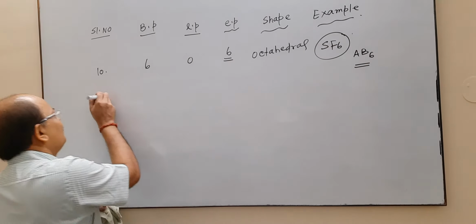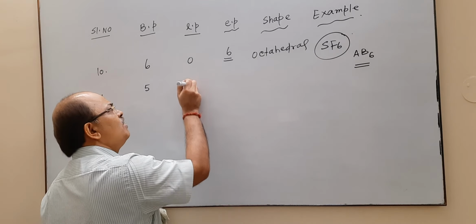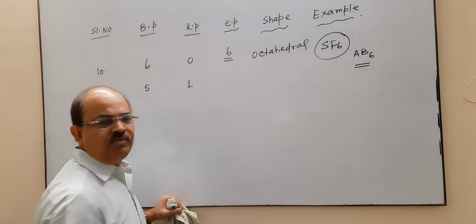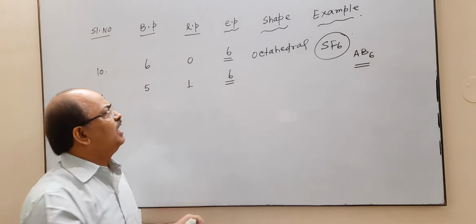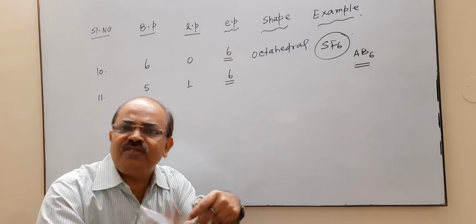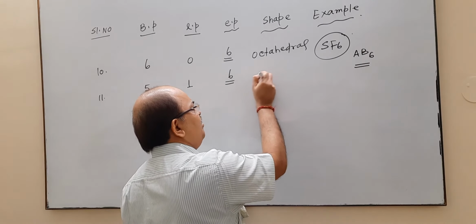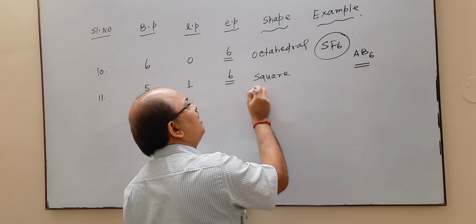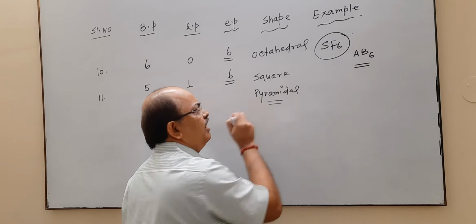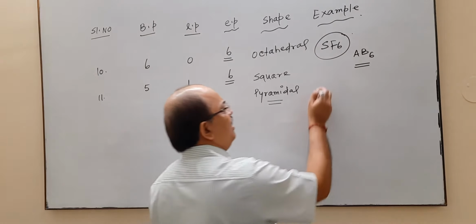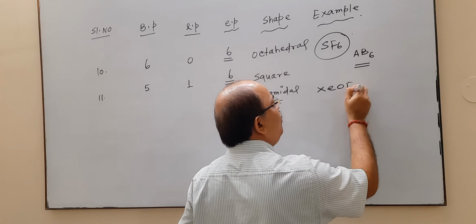Octahedral. Serial number 11. If bond pair is 5 only and lone pair is 1, then again electron pair is 6. 5 plus 1, that is 6. But in that case the shape will change. It is not octahedral, but the shape is your square pyramidal. The shape is your square pyramidal. Example is your